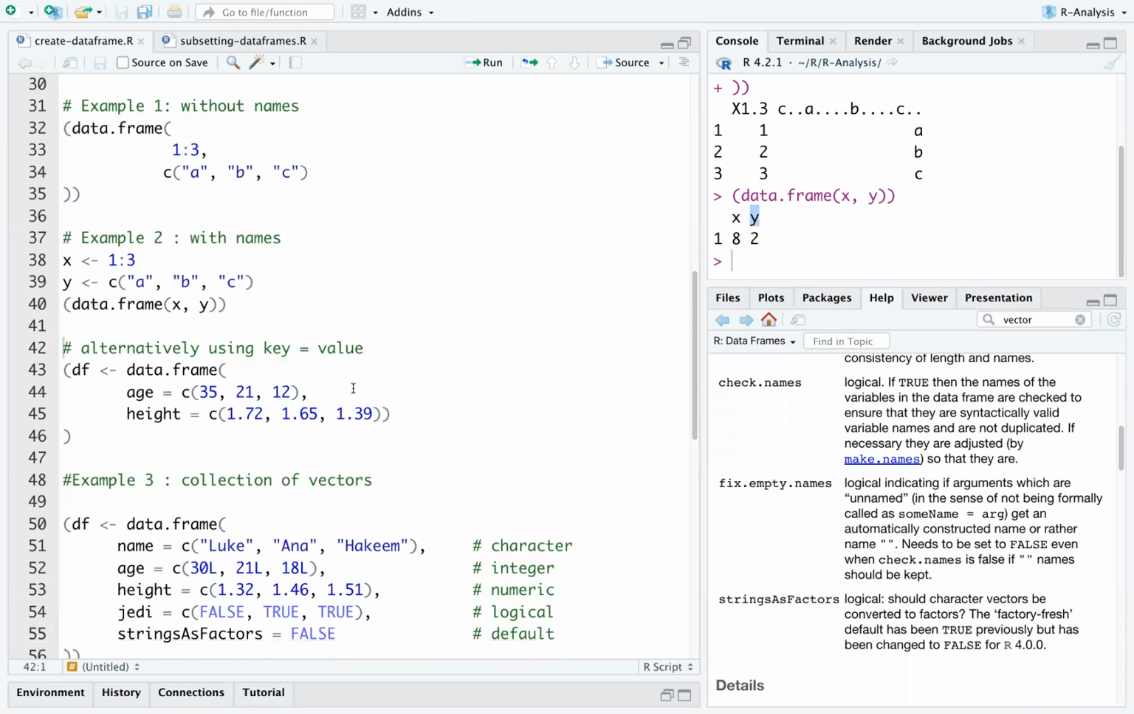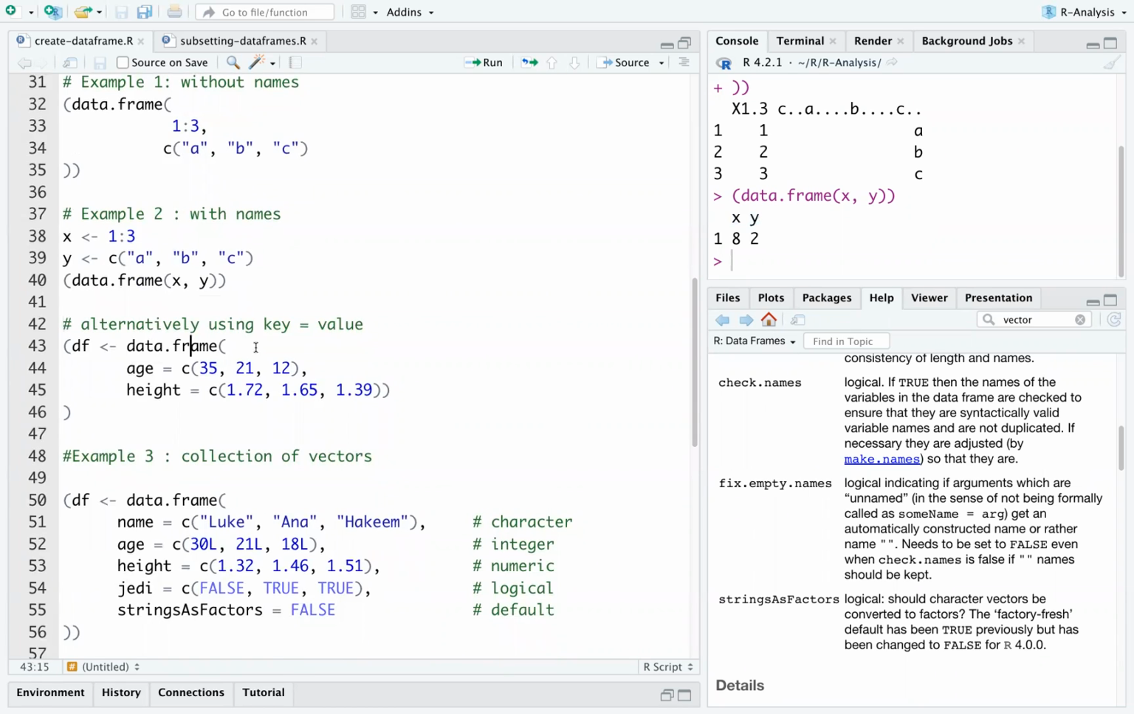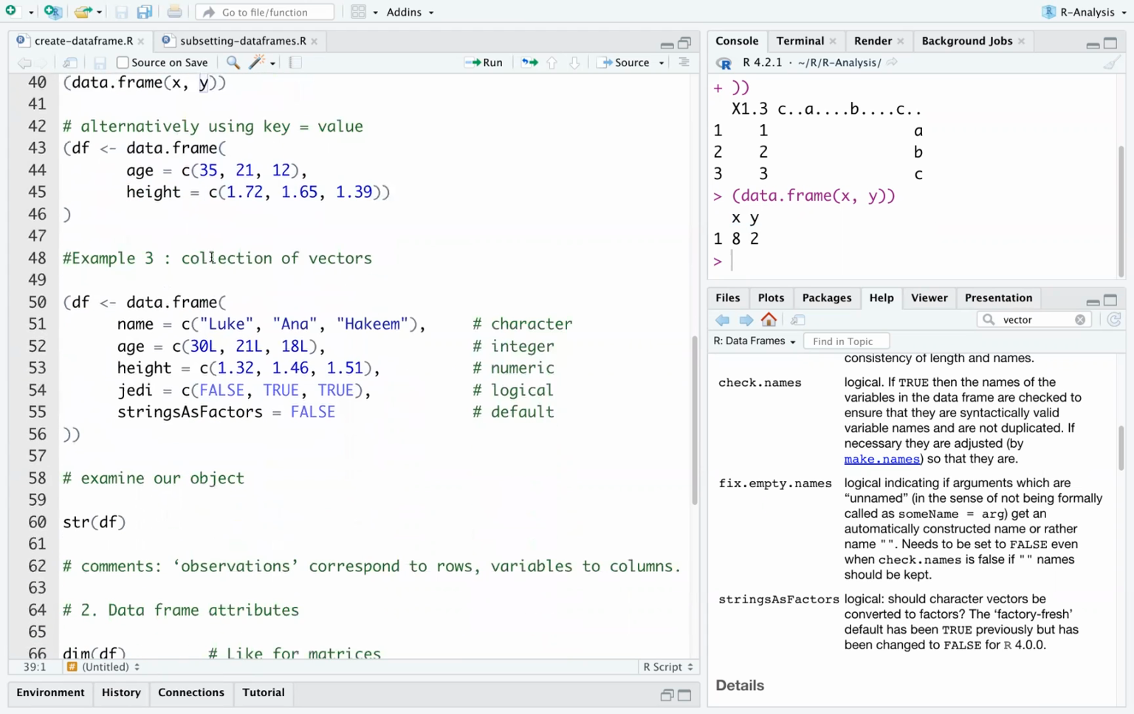Very well, that's good. Alternatively, you can also do the same thing here. This is just another variant using the key value. It's the same thing we've done here. Okay, so let's now look at a more